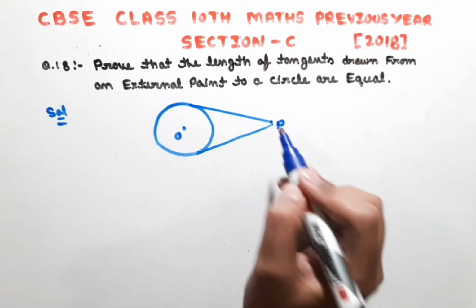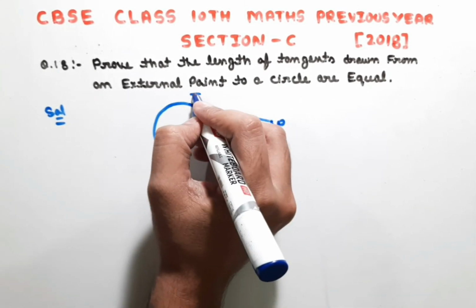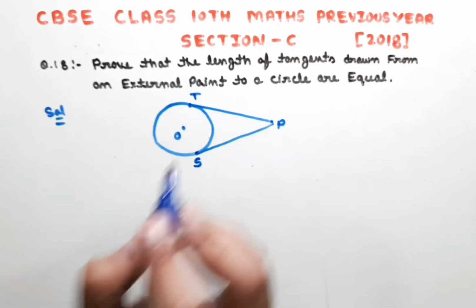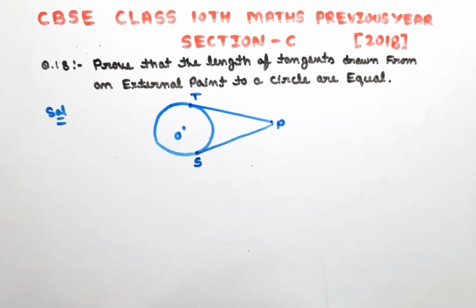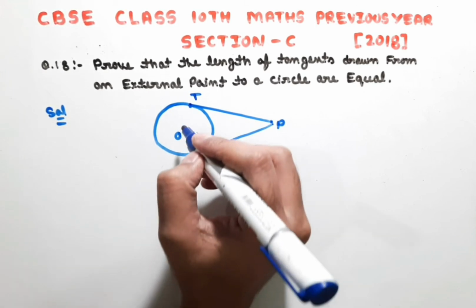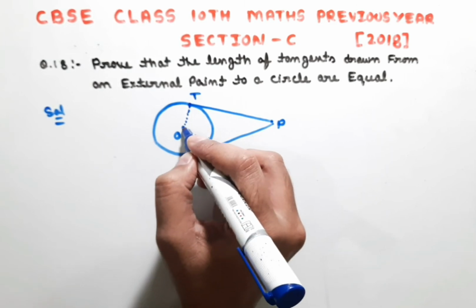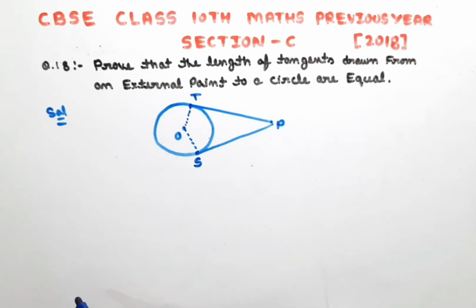Let the two tangents be PT and PS. These are the points of contact. Now joining the center with the points of contact